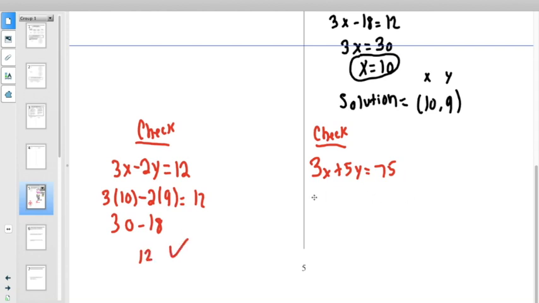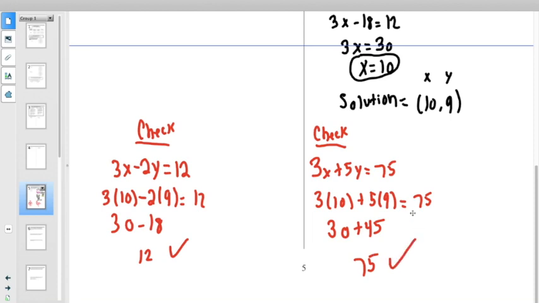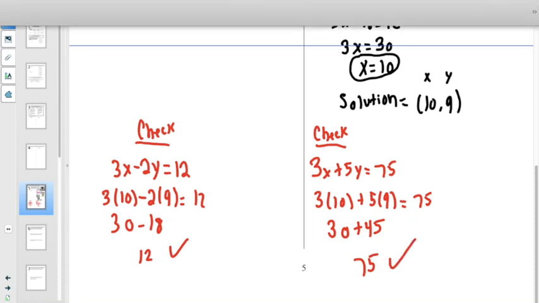Now over here, 3 times x, where x is 10, plus 5 times y, where y is 9. 3 times 10 is 30. 5 times 9 is 45. 30 plus 45 does equal 75. It checks out. Okay, and that is the end of